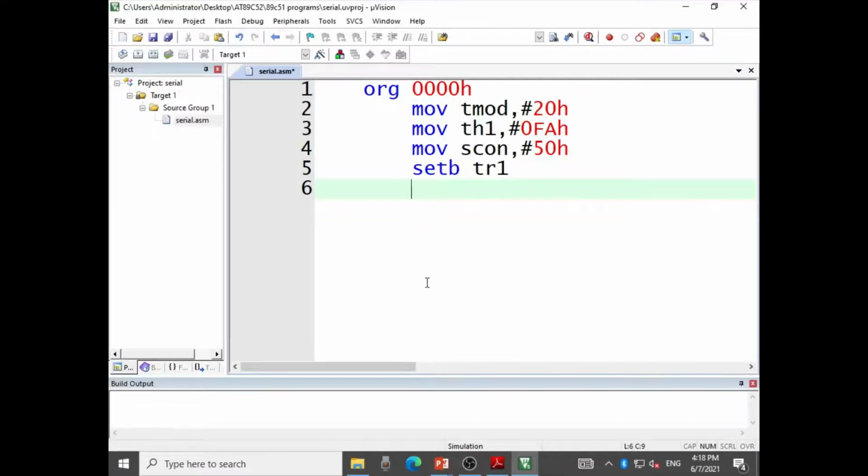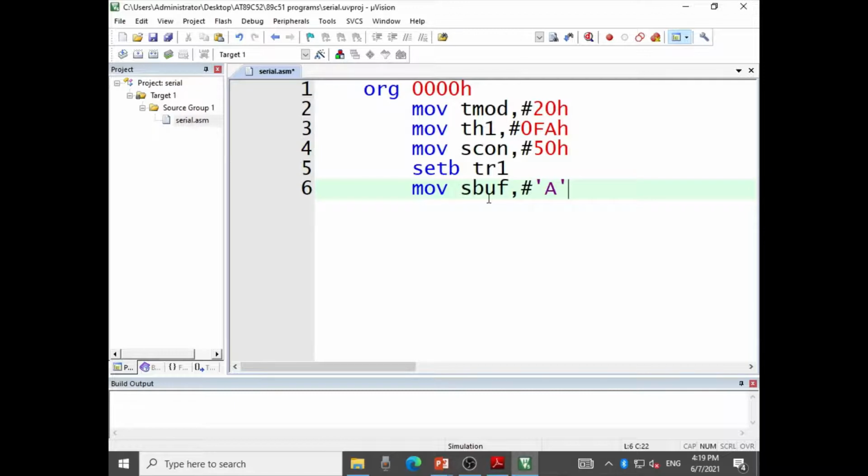So I will write the instruction MOV SBUF, that is the serial buffer register, and in single inverted commas I will write capital A. So this instruction will move the capital A data into the SBUF register. It means that it will start transmitting the bits of capital A serially through the TXD pin.